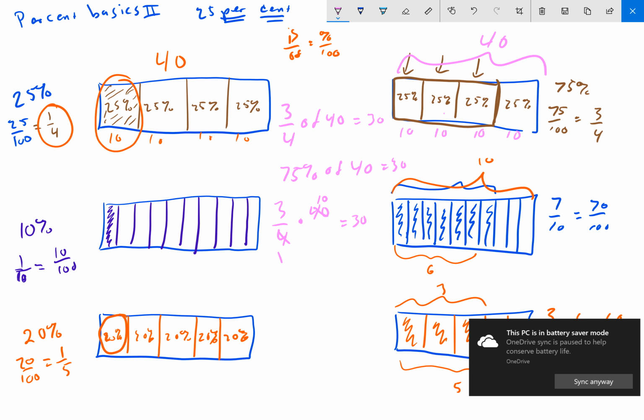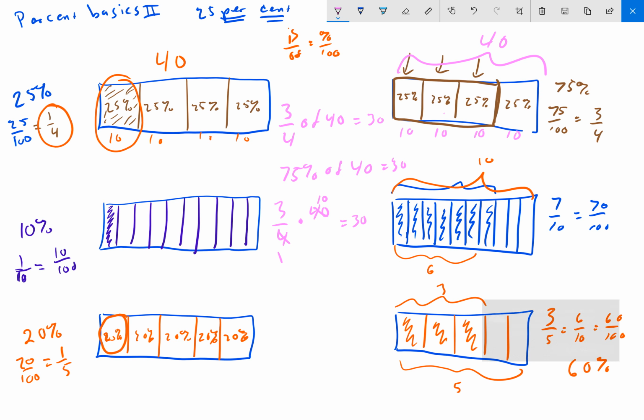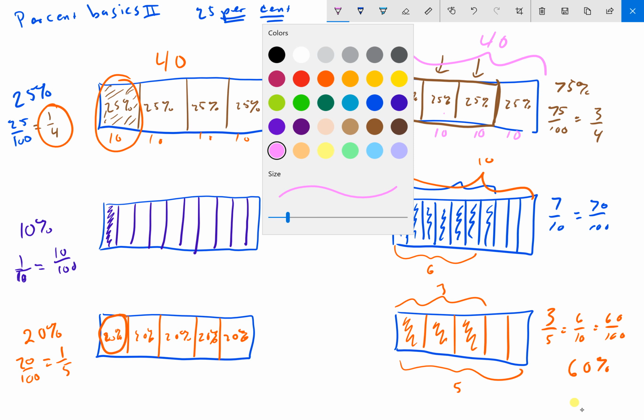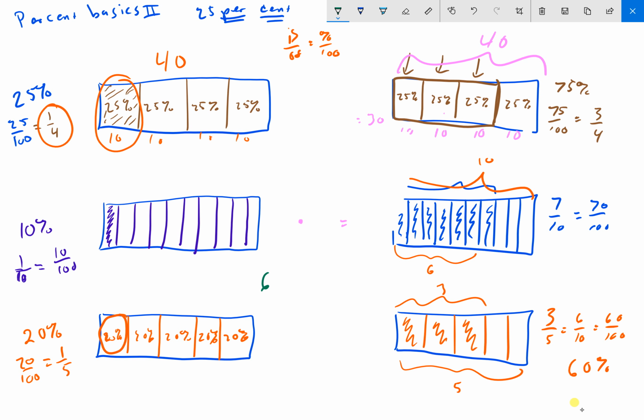In any event, oh no, my battery's dying, so I'm going to have to wrap this up quickly. I'll do one last example. Let's say I wanted 60% of 80. Well, if my entire bar was worth 80,